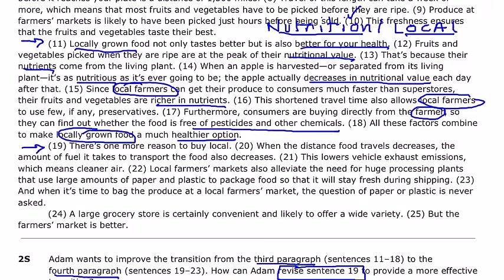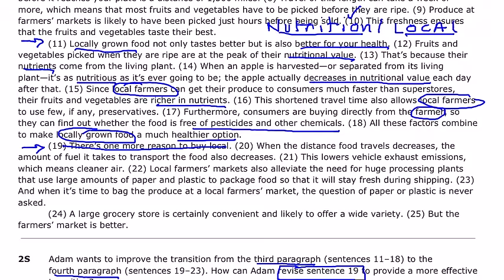There's one more reason to buy local. This, of course, is the sentence that we're going to revise. When the distance food travels decreases, the amount of fuel it takes to transport the food also decreases. This lowers vehicle exhaust emissions, which means cleaner air. Local farmers' markets also alleviate the need for huge processing plants that use large amounts of paper and plastic to package food so that it will stay fresh during shipping. And when it's time to bag the produce at a local farmer's market,